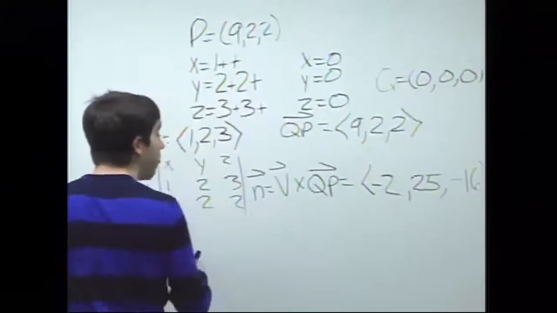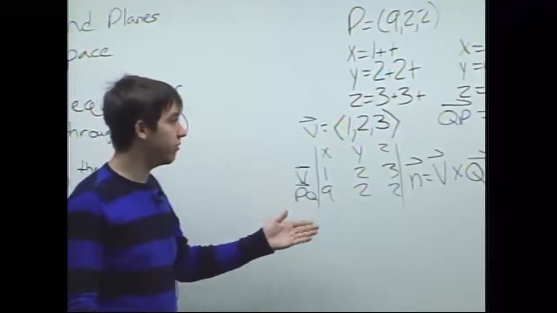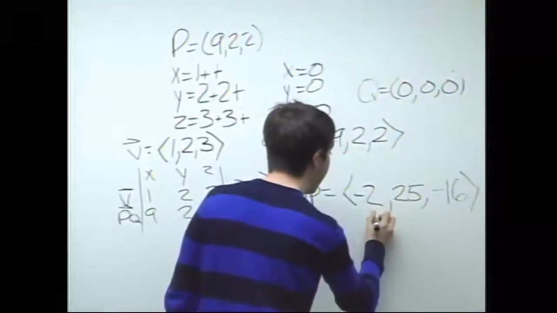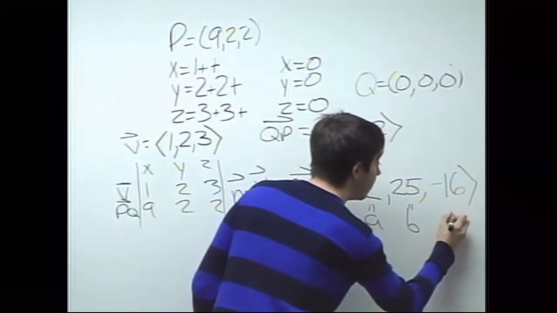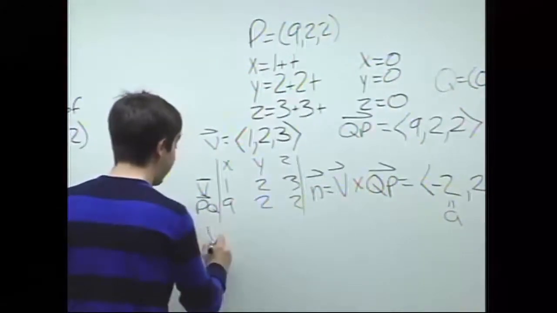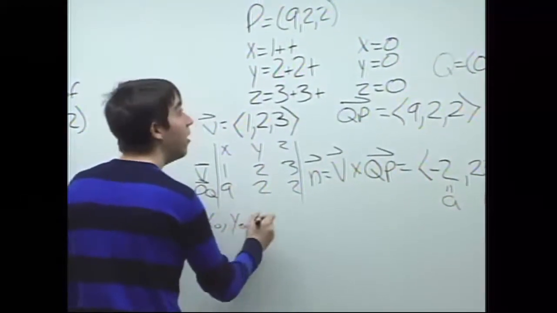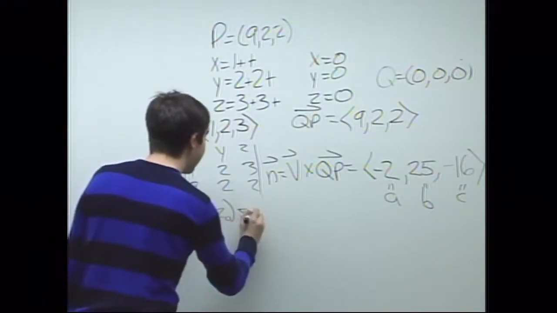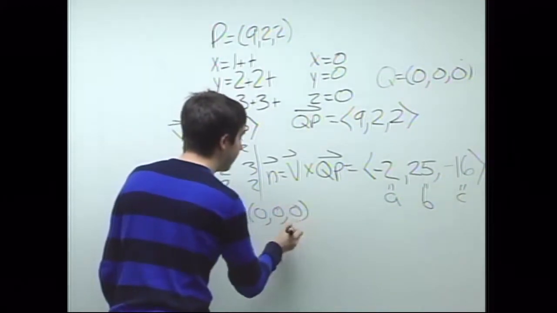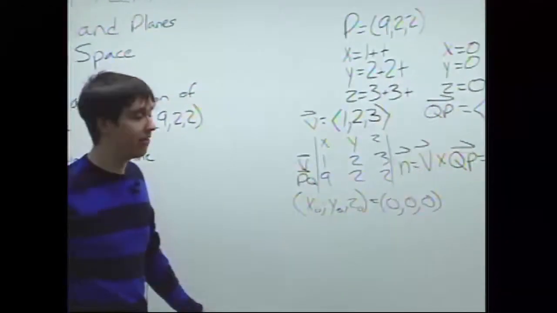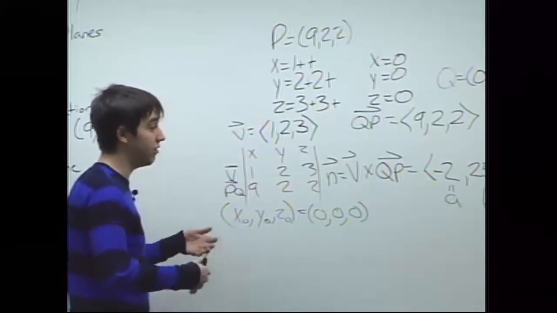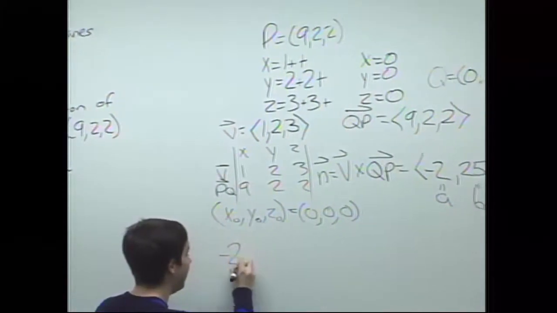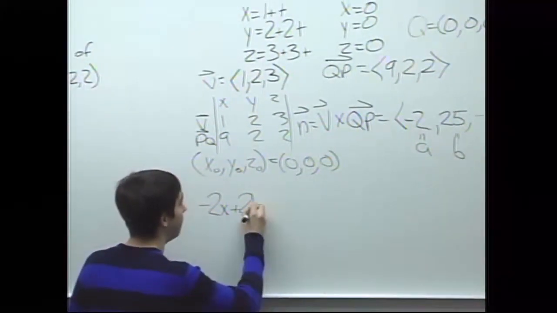We have our normal vector now. These are going to be the coefficients of the equation of our plane: this is A, this is B, this is C. Now we need to choose our x naught, y naught, z naught, which we already have with this lovely point up here. If we plug this into the standard equation for a plane with a given normal vector through a given point,